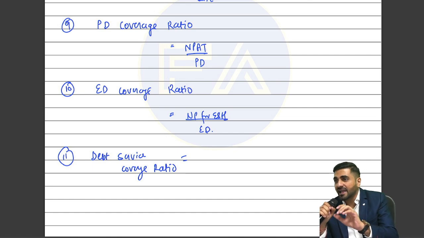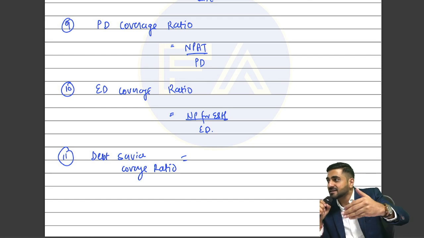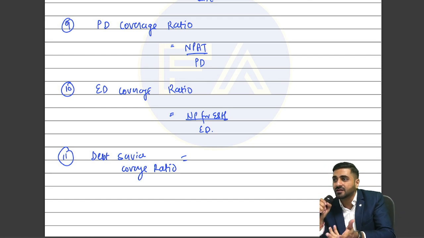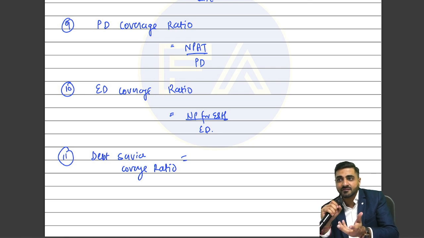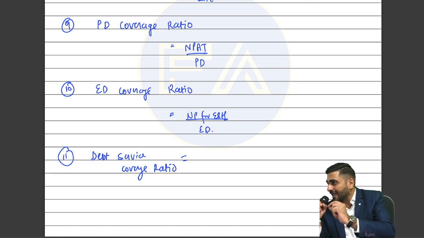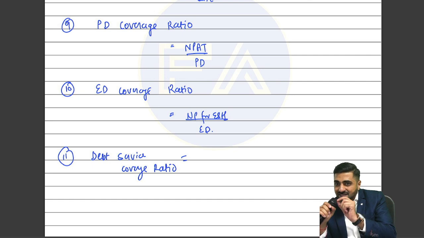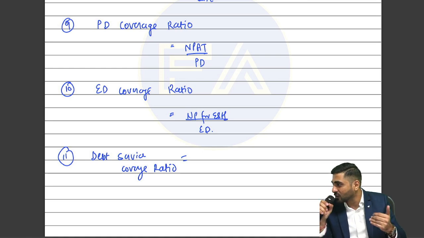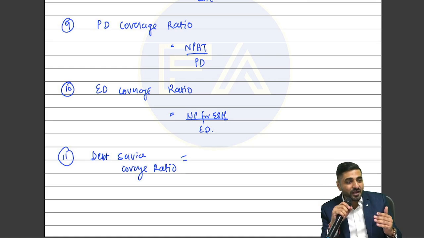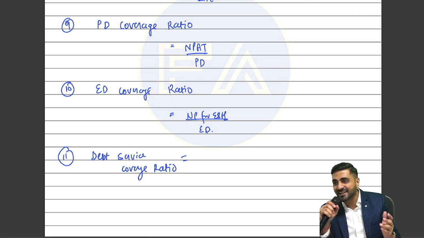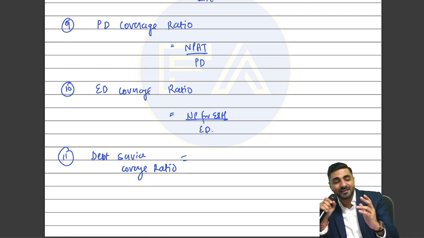So debt service, see, actually when you take a loan, you are not only going to pay interest. You also have to pay some part of principal also. Have you heard about EMI? Equated monthly installments. Whenever you are paying an EMI, you are paying some part of principal and some part of interest. That's how your loan gets over, right? So when we are talking about debt service coverage ratio, we are going to check how much is the principal along with interest which you have to pay from the profits which you have generated.